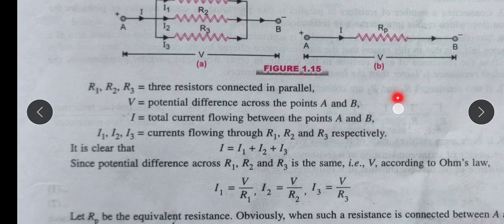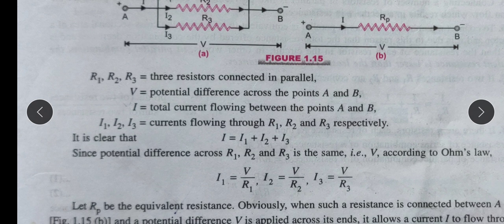Clear? Then move on to the first equation. We know that the total current I is divided to each resistor, which means I is equal to I1 plus I2 plus I3. Clear? Since potential difference across R1, R2 and R3 is the same, according to Ohm's law, V is equal to IR and I is equal to V by R. Okay, the first equation: I1 is the current flowing through resistor R1,